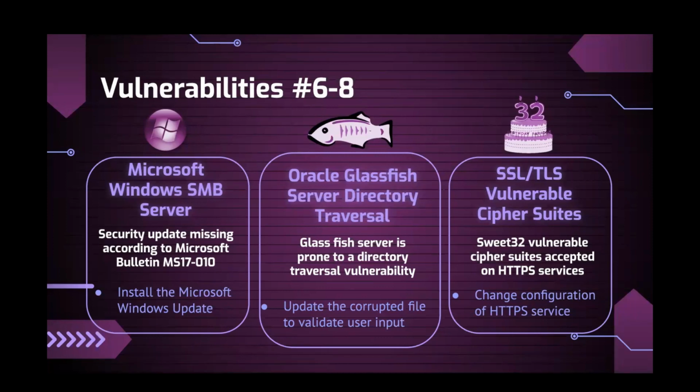Next, we have a vulnerability related to the SSL TLS cipher suites, which were identified on the HTTPS services. These weak ciphers were vulnerable to the Sweet32 attack, which is a birthday attack on 64-bit block ciphers that can affect HTTPS connections. This could affect communication between clients and servers on the host, but it could also lead to data leakage from